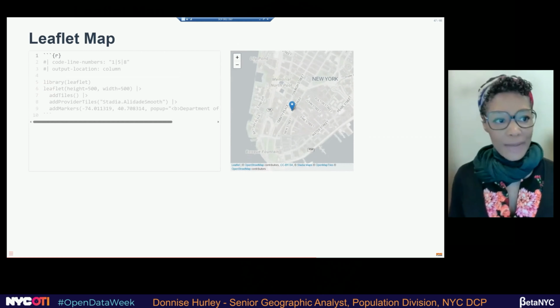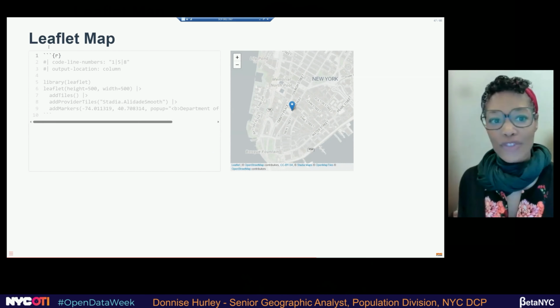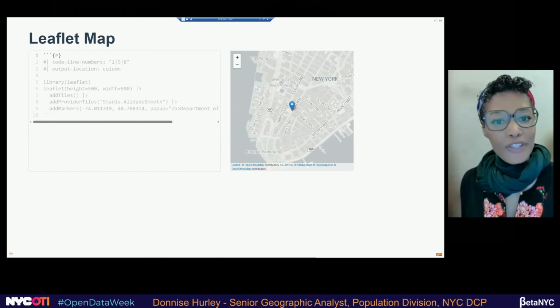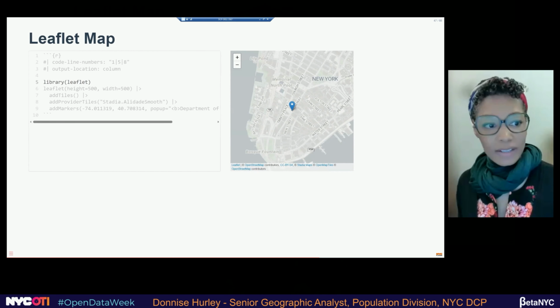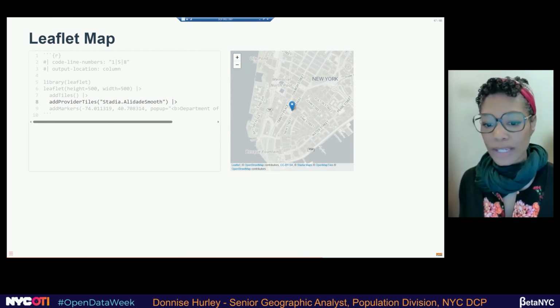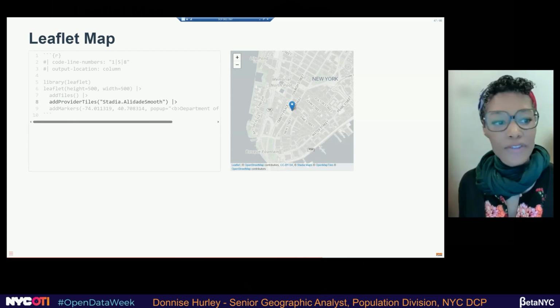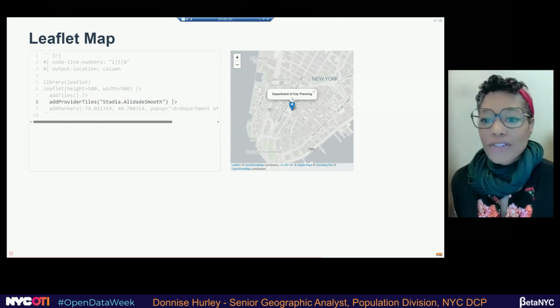So now with maps, we'll start with Leaflet Maps, and Leaflet is an open source JavaScript library for making interactive maps. If I'm making a Leaflet map, I would put that in a code block again. I call the Leaflet library using library(leaflet). And then my tiles, so I'm using Stadia for this one, but you can bring in any. I think New York City has its own tile that you can incorporate into your map. And you can see here on the right, and you can add as much as you want.